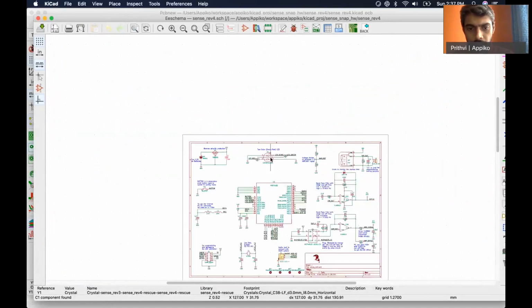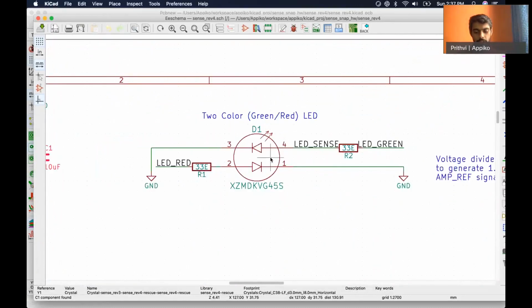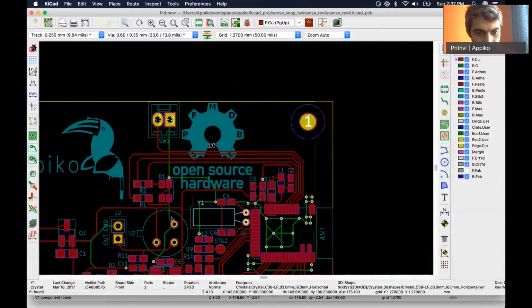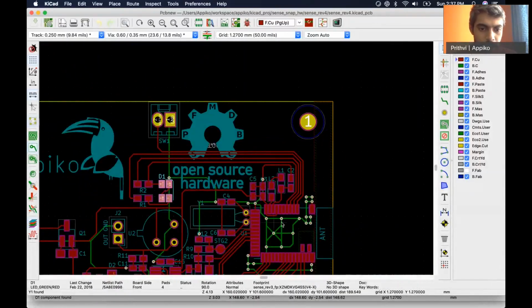Next, we look at this LED, which is used to indicate different states to the user. So this is the LED here. As you can see, the LED is right above the PIR motion sensor.